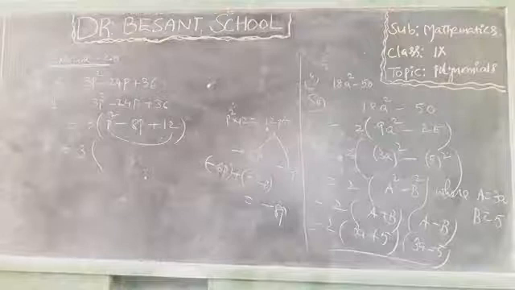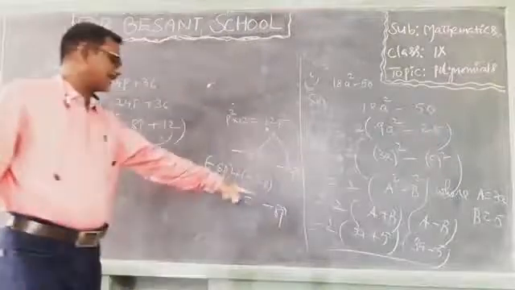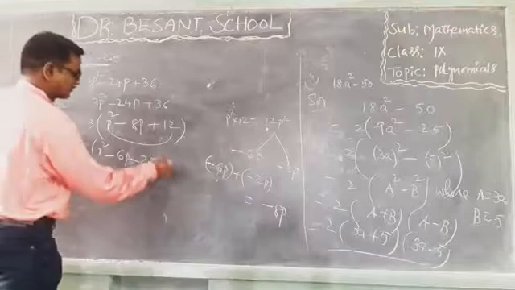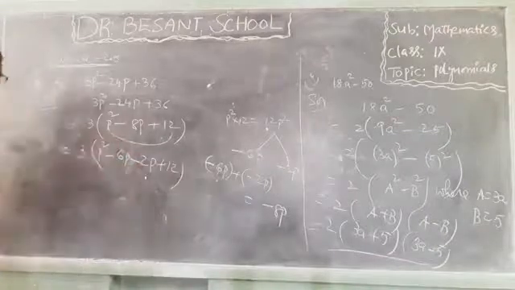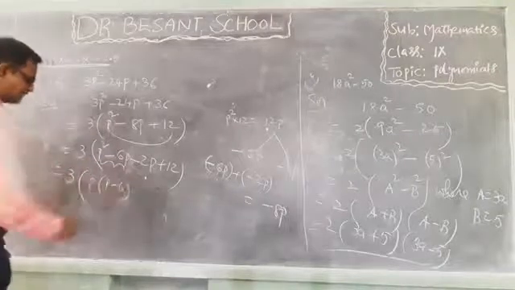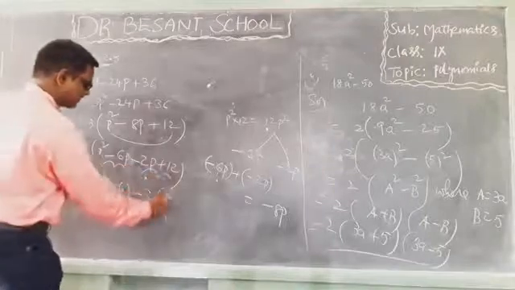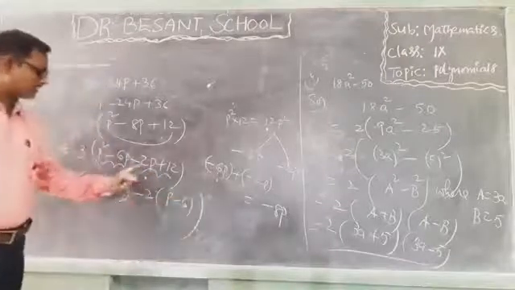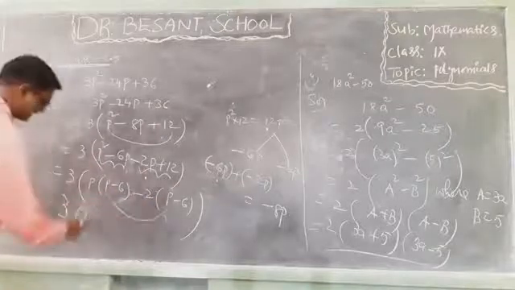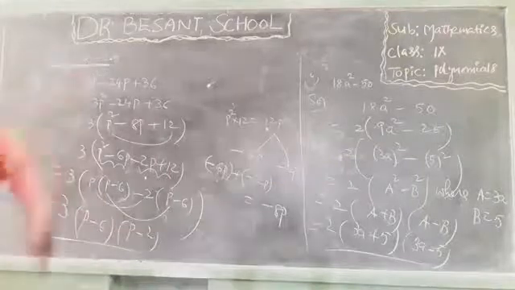Okay, children, see this one. So −6p, −2p, adding, we will get −8p. It is p², it can be written as p² − 6p − 2p + 12. From these two take p as common into (p − 6): p into p² is p², p into −6 is −6p. From these two you can take −2 as common, (p − 6): −2 into p is −2p, −2 into −6 is plus 12. So this is 3 into one factor (p − 6) and other factor (p − 2). Okay, children, these are the factors for the given expression.